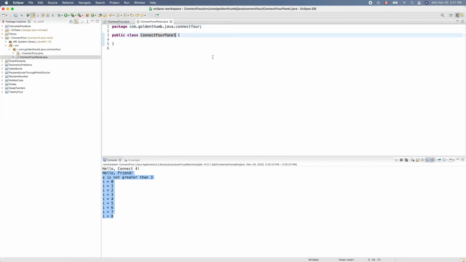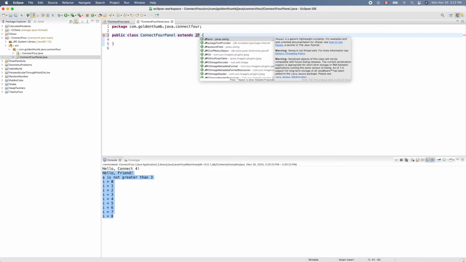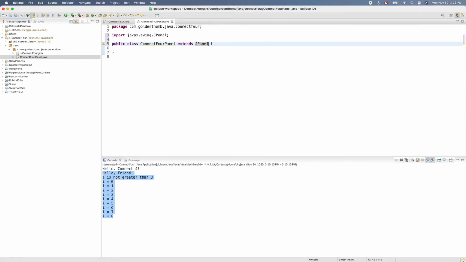This one will extend, we'll make it extend. Control space for auto complete. So JPanel, control space again, and enter. Okay, so we'll create a JPanel to draw a circle, and we'll use this one inside our